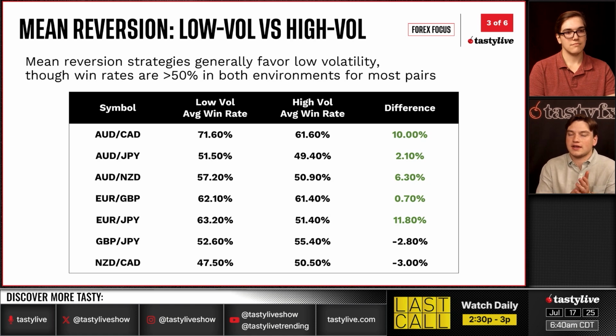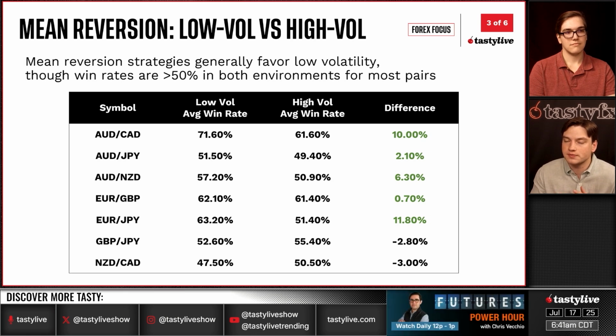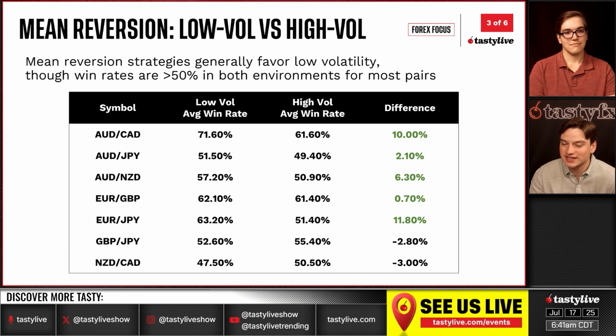First, we're looking at chopping it between low volatility average win rate and high volatility average win rate to see if this thesis was true. When we did this with dollar pairs, it was a bit of a mixed bag in terms of which environment was better for mean reversion. Here, non-dollar pairs, it's looking a lot more favorable for low volatility mean reversion, as well as mean reversion across the board. I mean, I ran these numbers a few times to make sure this 71%